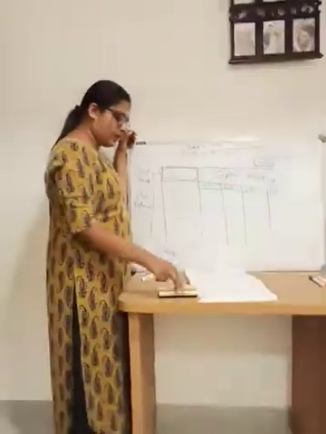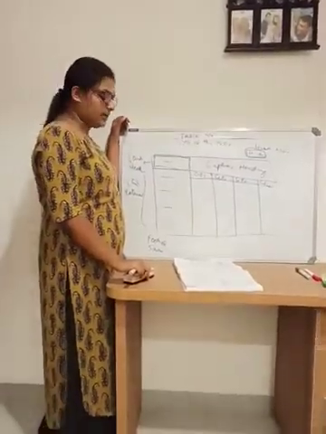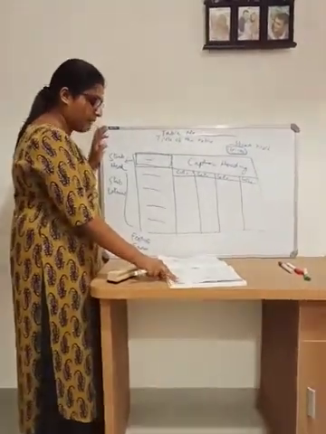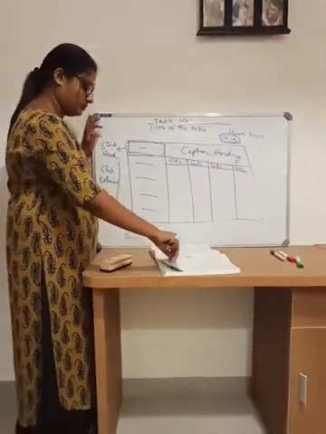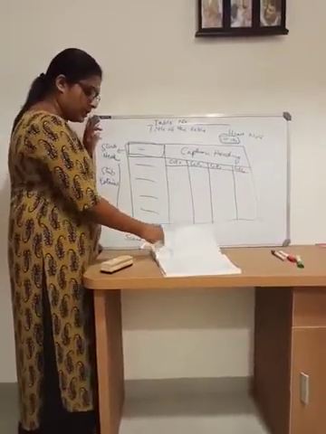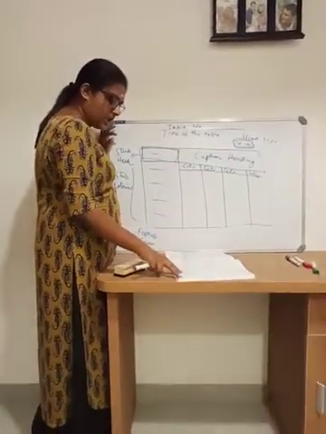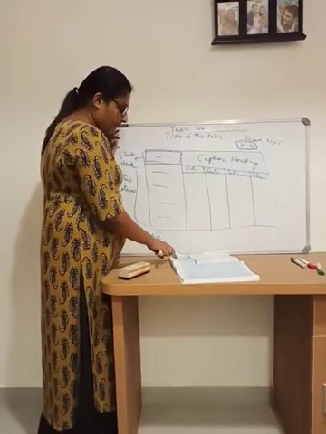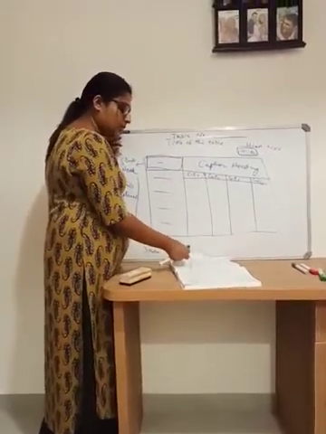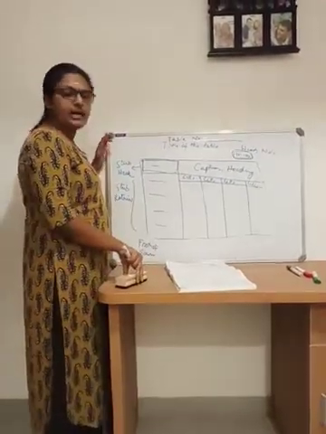So in the next video we will move on with the diagrammatic presentation. What all are the things in the diagrammatic presentation? We have to study bar diagram, then histogram, pie diagram, and also frequency polygon and ogives. Then comes the graphical presentation, that is the frequency line graph. Only the frequency line graph you have to study. Now in the next video we will move on to the diagrammatic presentation.